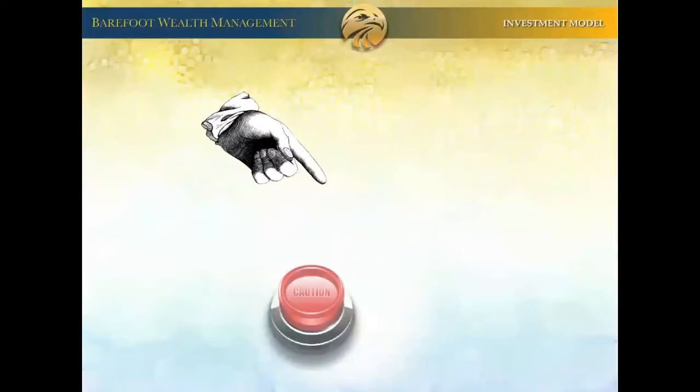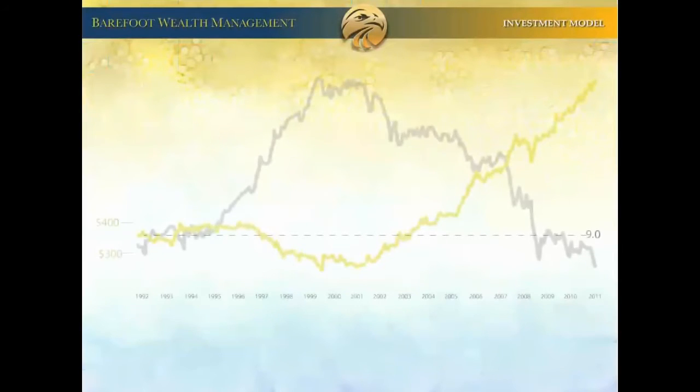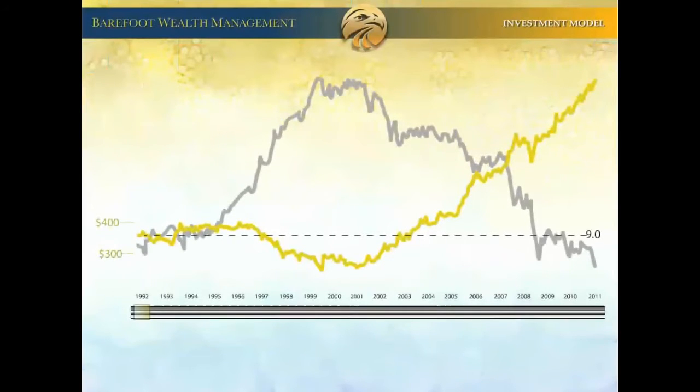A big word of caution. Now a word of caution is due here, and it is crucial in understanding when the ratio is actually used to trigger investment purchases. The ratio can cross over or under these thresholds for many months or even years before the actual investments will start to move. For example, the ratio passed over the 9.0 to 1 mark in 1993, 8 long years before the price of gold actually began its bull market performance.